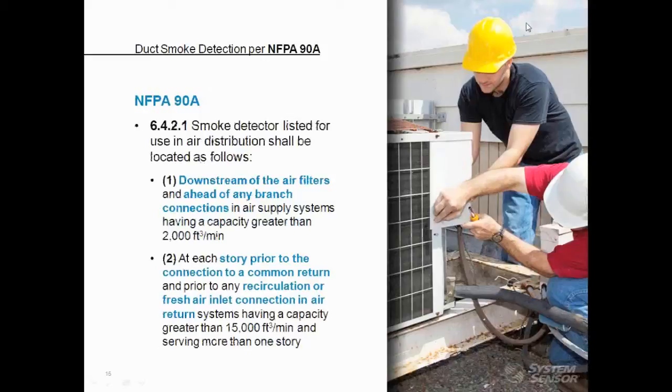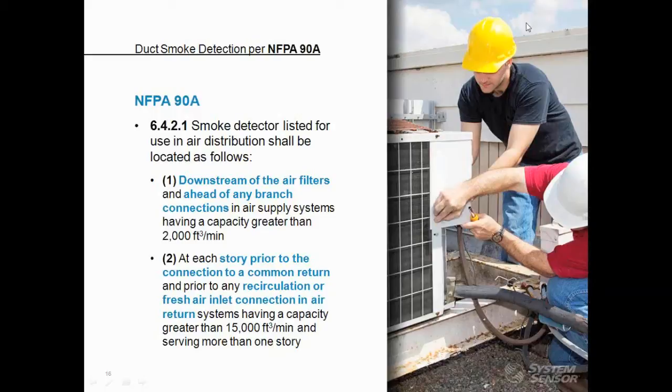Here, NFPA 98 differs slightly from the International Mechanical Code. They both require that duct smoke detectors be installed if the AC unit is over 2,000 cubic feet per minute. But the mechanical code calls for the detector to be installed on the return side, whereas NFPA requires the detector to be installed on the supply side. So if you are required to be in compliance with both NFPA 98 and the International Mechanical Code, you will have detectors then on both sides for supply and return for systems that are greater than 2,000 cubic feet per